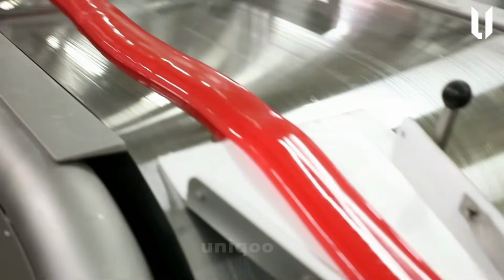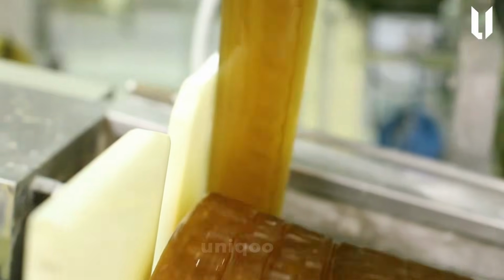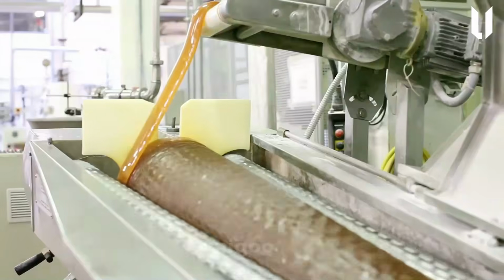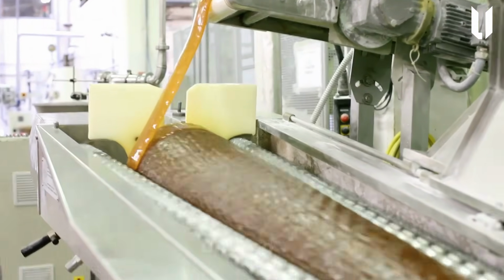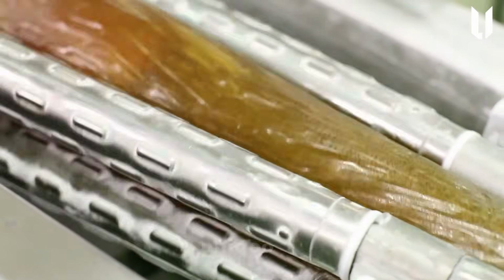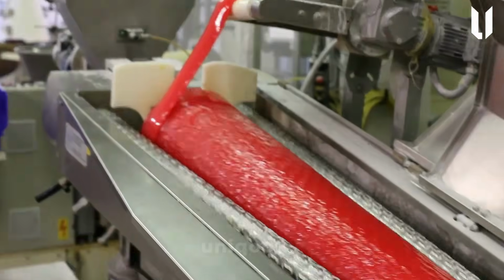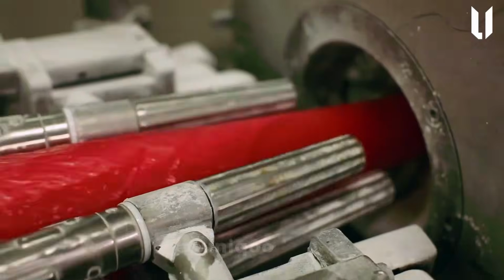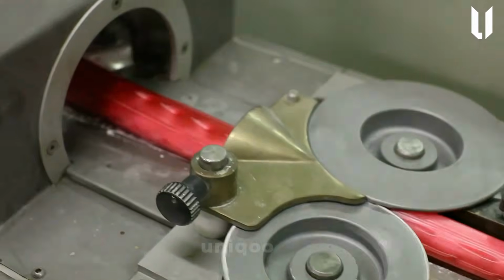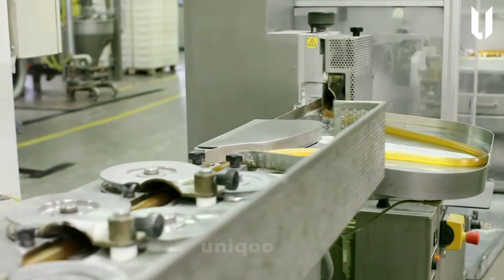Once all ingredients are combined, the mixture is heated and brought to a boil. This boiling step is crucial as it thickens the mixture to the ideal consistency for hard candy. The mixture must reach a specific concentration to give the candy its signature hardness. This part of the process requires precise temperature control, and factory machinery carefully monitors the heat to avoid overcooking or